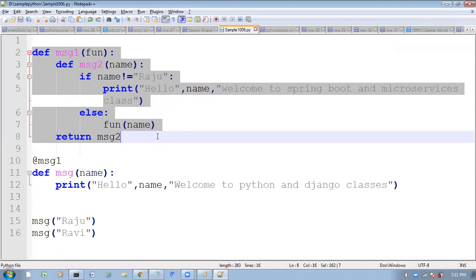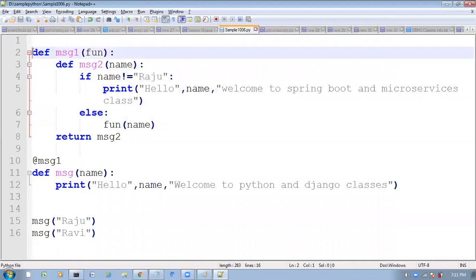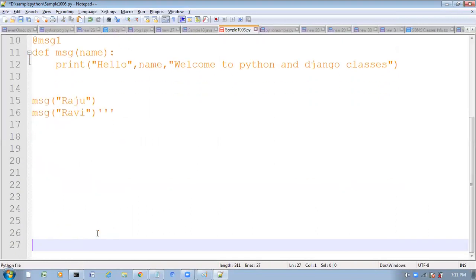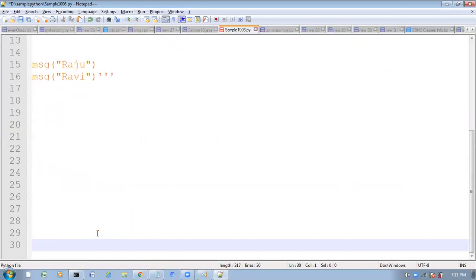When will we go for these decorators? When will this decorators concept be helpful? Simple and simple, I wrote one program. Try to understand, I will explain. I will do multiple programs. Today we will discuss multiple programs. Give me one minute. When these decorator functions are helpful, I'm trying to explain that.